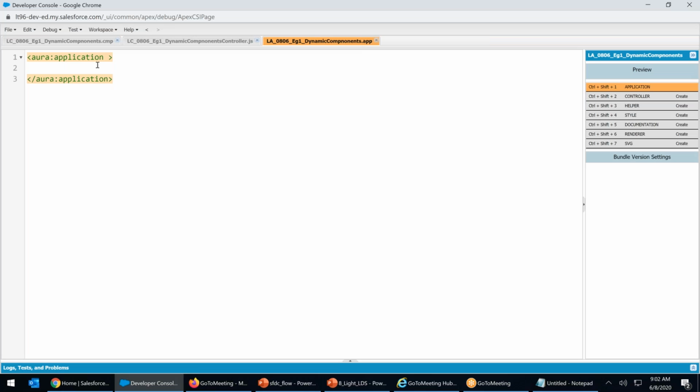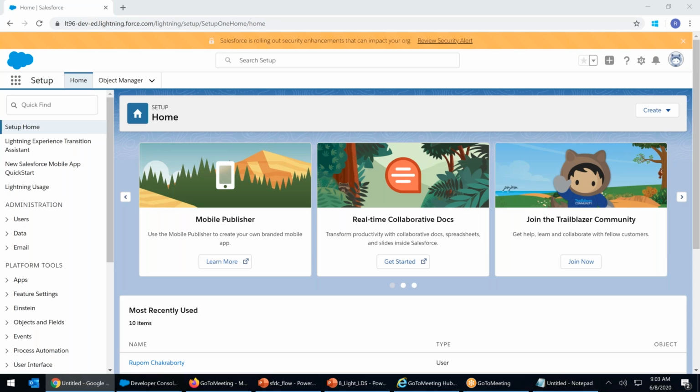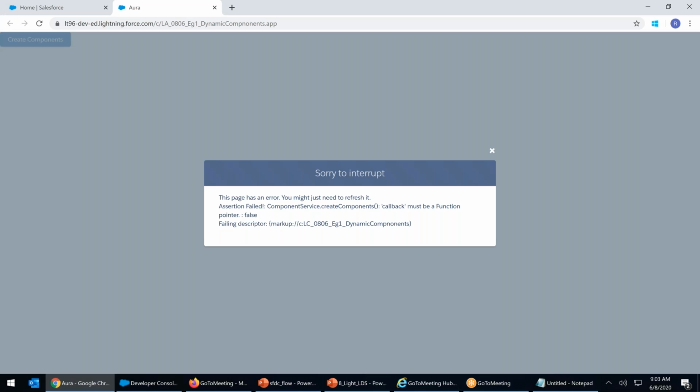I'm creating an app. Extends. Extends to what? Force SLDS. C colon. Control S. Saved. Preview. Create component. One button comes on the screen. I click on the button. There's an error.